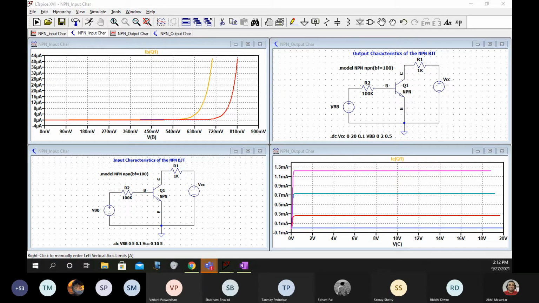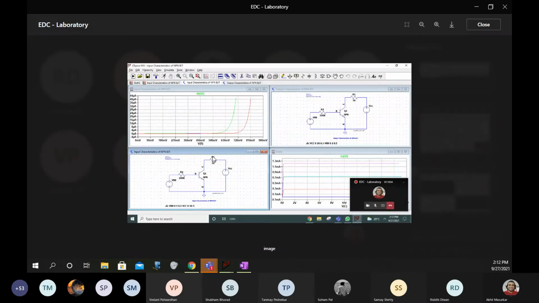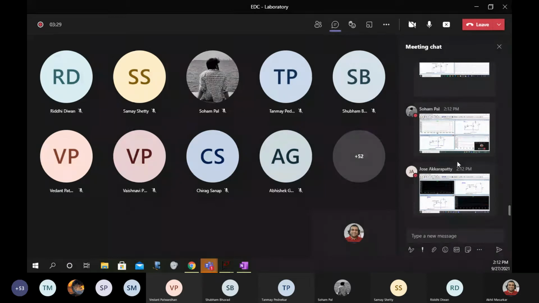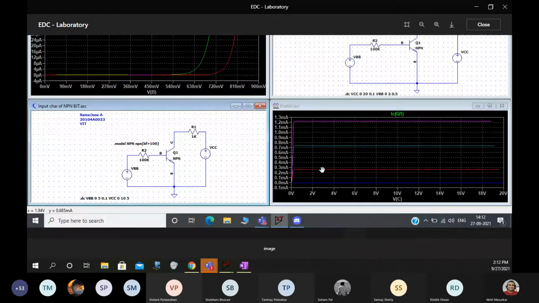Post your outputs. I am checking it. Okay, Soham. Okay, good. Those outputs are okay. Make the background white.